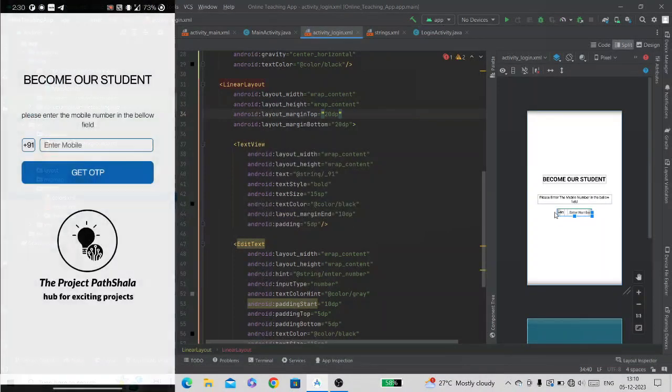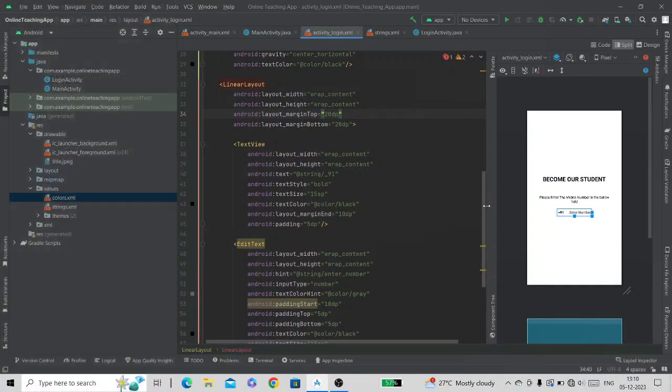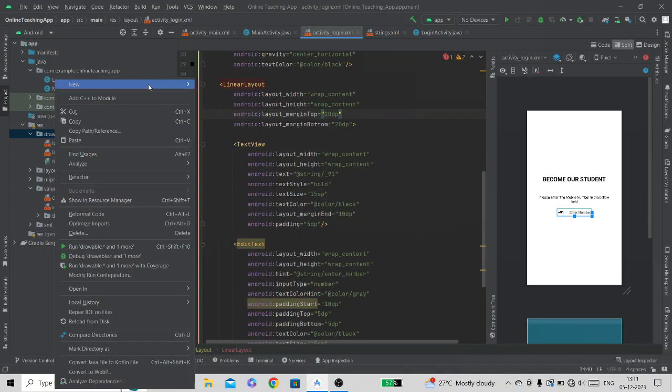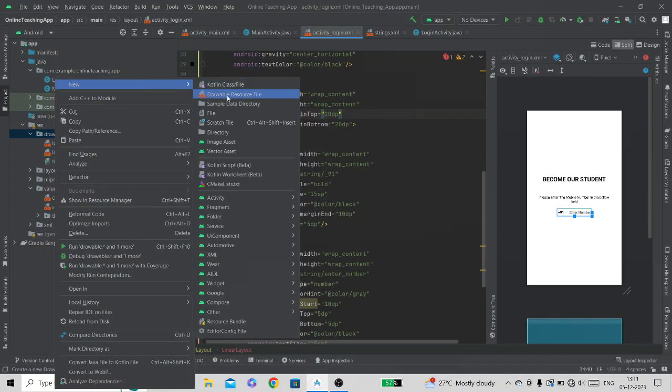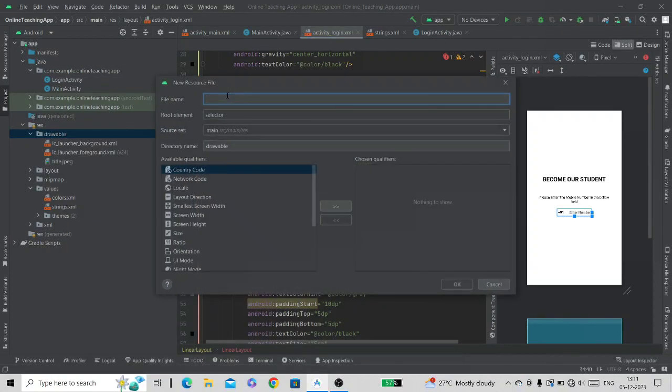Now we have created these views as shown in the image, but we don't see such borders in our view. The borders you see in the view is called creating a custom view, and we can do this customization for any view. Now let's see how to do this. Here in this resource folder, right click on drawable. From new, select the drawable resource file. We will first create the border for +91 text. Therefore, we will give the name border.